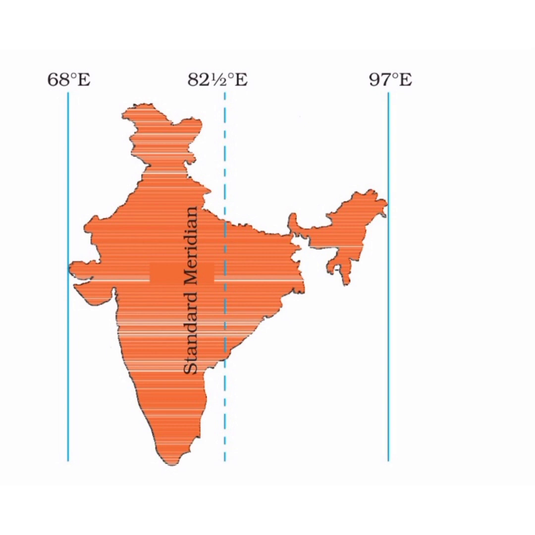So in India, the longitude of 82.5 degrees east, that is 82 degrees 30 minutes east, is treated as the standard meridian. You will learn further detail when you study class 11th geography; it is given in great detail there. The local time at this meridian is taken as the standard time for the whole country, so it is also known as Indian Standard Time, IST.